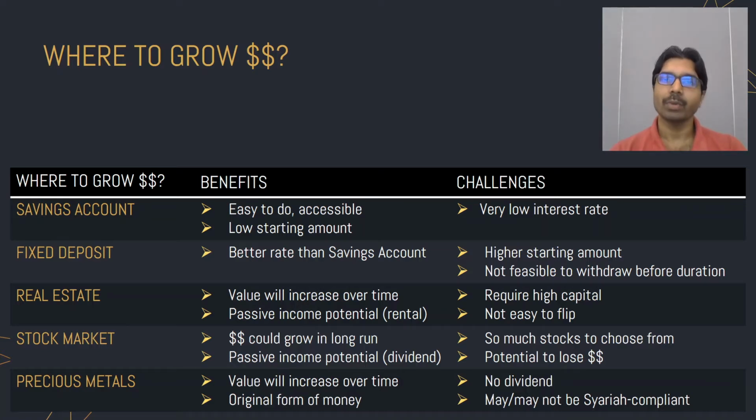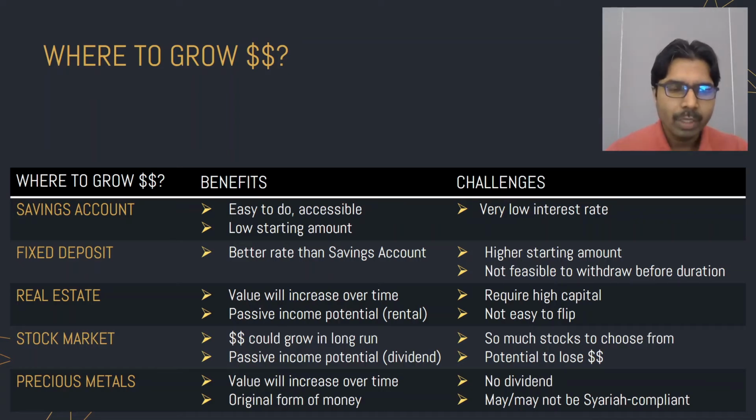It requires an even bigger capital. After you search for a property, negotiate with the landlord or the developer, and manage to acquire it, you then need to flip this property in order to earn your money, because you can only see the appreciation, the growth of your money, when you sell it, right? Though it sounds easy, it's actually not easy. So this is one potential challenge when it comes to real estate.